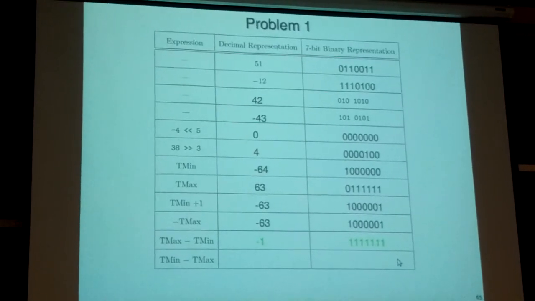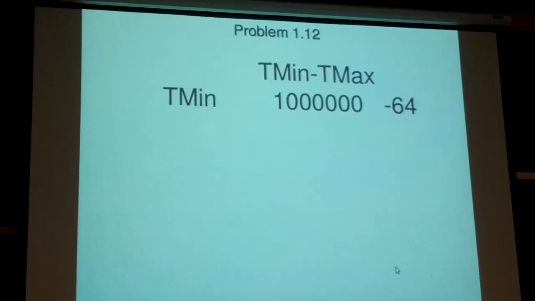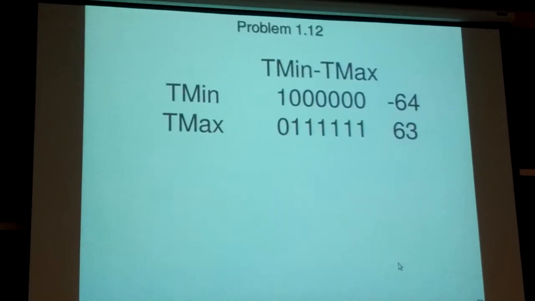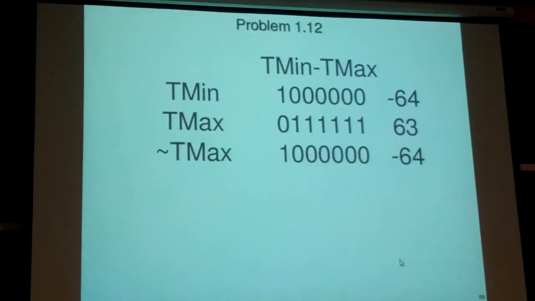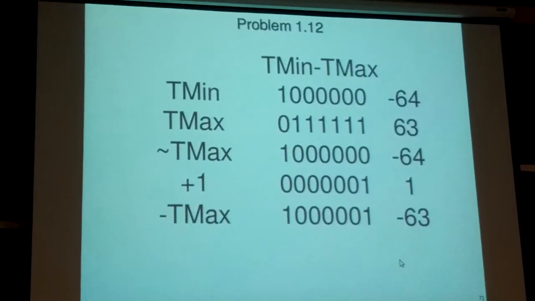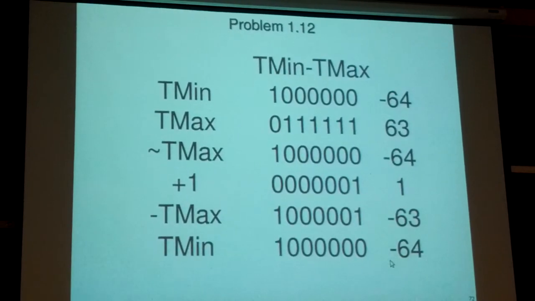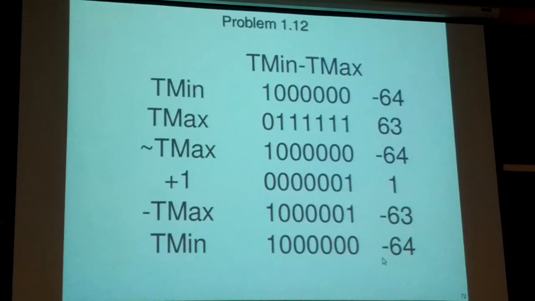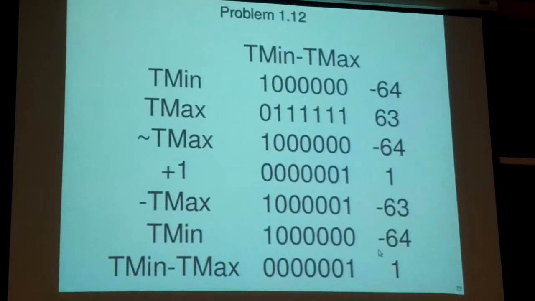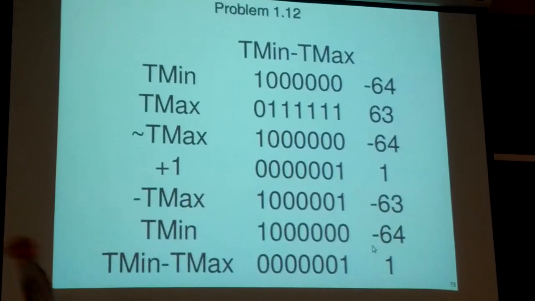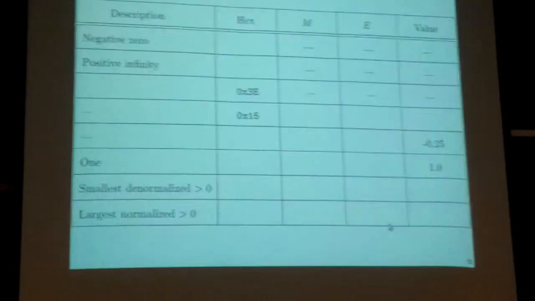The next problem is T min minus T max. So T min we know is negative 64. T max is 63, but we've got to negate it. So we complement, we add 1, and we get negative 63 plus negative 64, and the answer is 1. Because we overflow off the top, right? Okay, we've done integer representation. We're now going to do